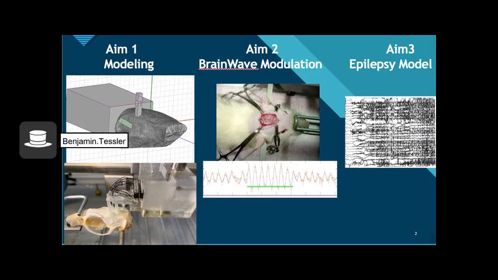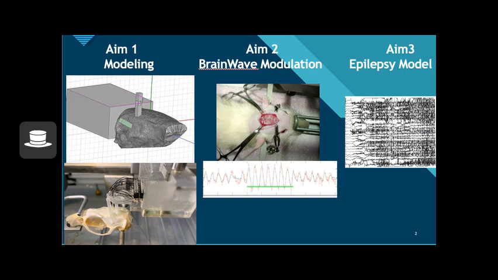My project has three main aims, with the first being modeling. I am taking a reconstructed rat head model, importing it into a physics simulator to simulate electric stimulation to optimize where to best place our stimulating electrodes. Then we validate our results using phantoms, which are gel-injected rat skulls that represent what the electric stimulation will do